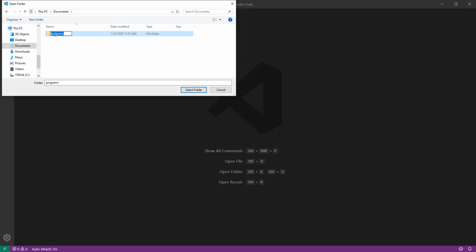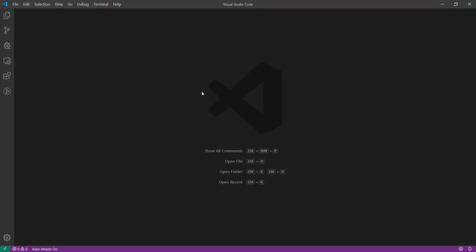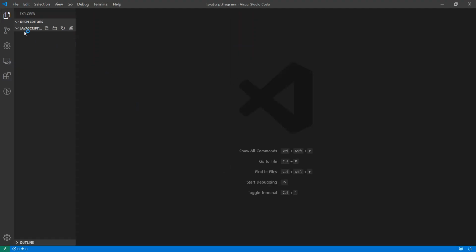Or I'll just say, if I was going to be doing JavaScript programs, I could say JavaScript programs or something like that. Then I could open this up, give it a sec, and you can see I have this little explorer over here that will show me what is in this folder. Now, there's absolutely nothing here right now,